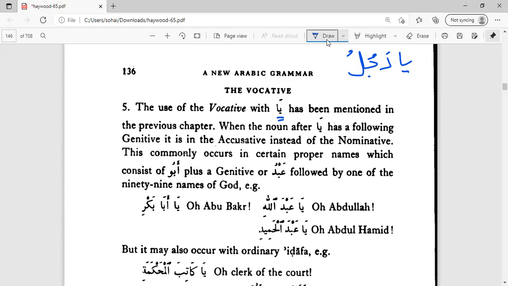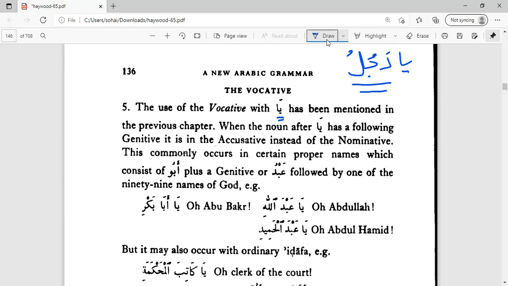So it's similar here. That was a rule, and we said it's not ya rajulun, it's ya rajulu. Okay, so this is what we learned last lesson. So ya is the particle which makes the noun definite. And now he's expanding on the rule we learned last lesson. That's why it's important to be able to revise and learn what we did last lesson. And what he's mentioning here is that